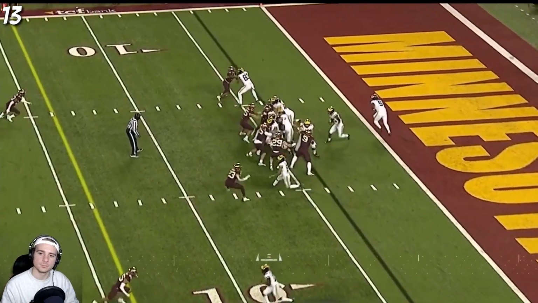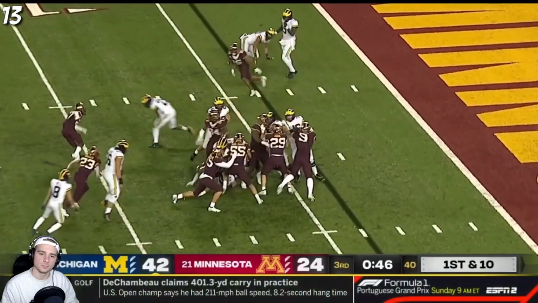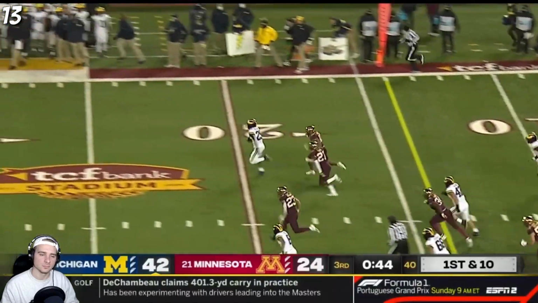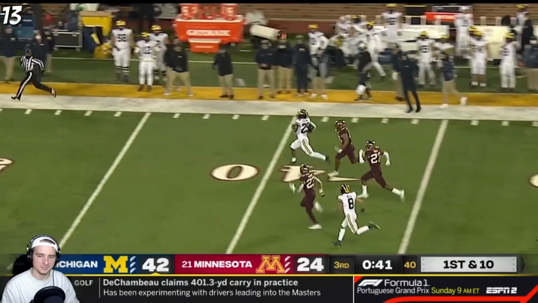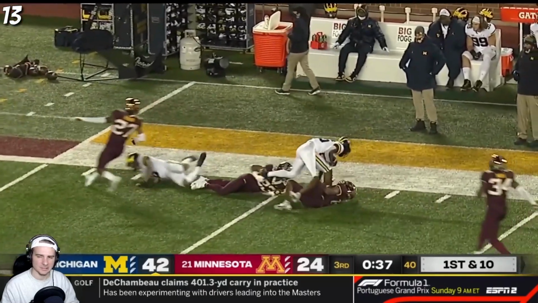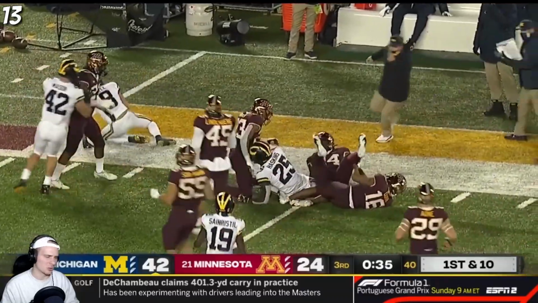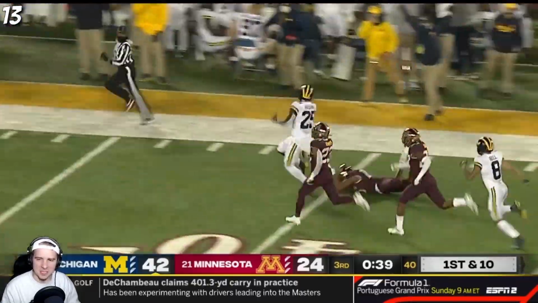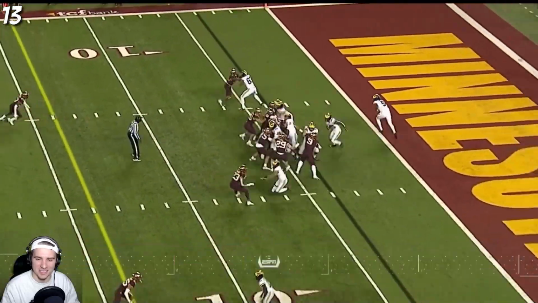Drive for the Gophers, but Michigan's defense makes a stand on 4th down, and now breaking free is Haskins. Haskins being chased down, but he busts a long run, and he'll finally be grabbed by the jersey at the 30-yard line by